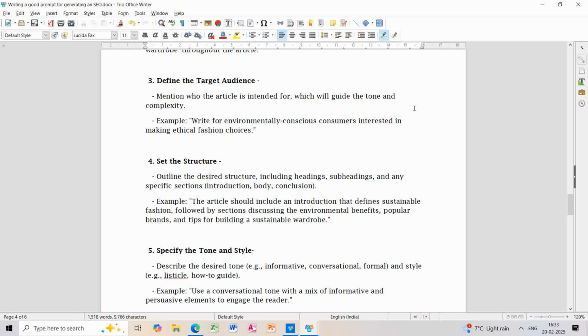For this prompt that we are writing, we will write for environmentally conscious consumers interested in making ethical fashion